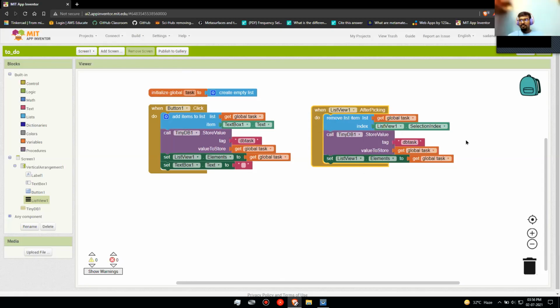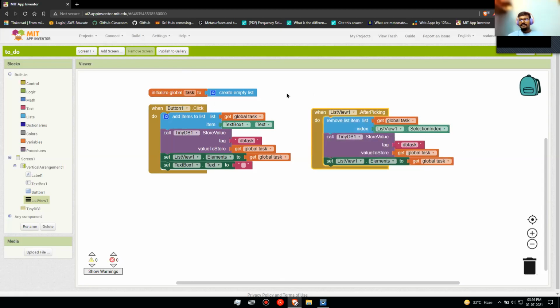Now basically this whole block is complete. So now what we want to do is, if I exit that app and enter it again, whatever values we have put in the list will get deleted because you exited the app.